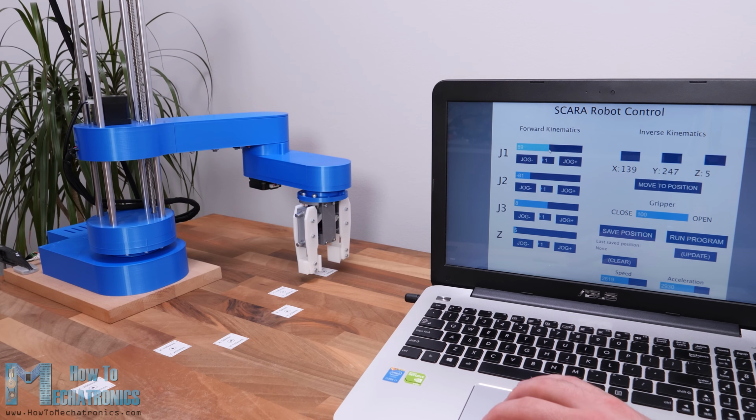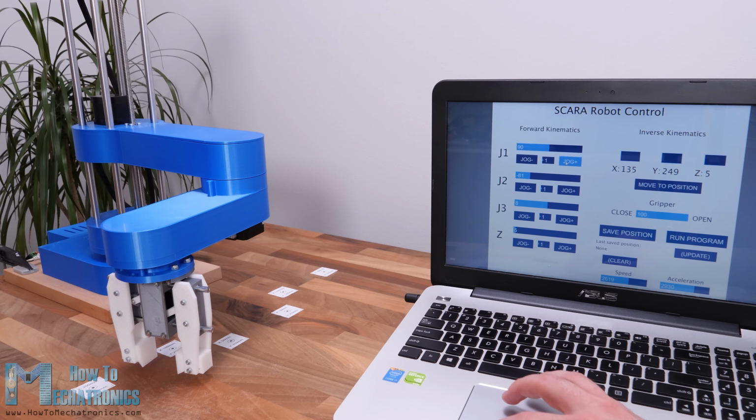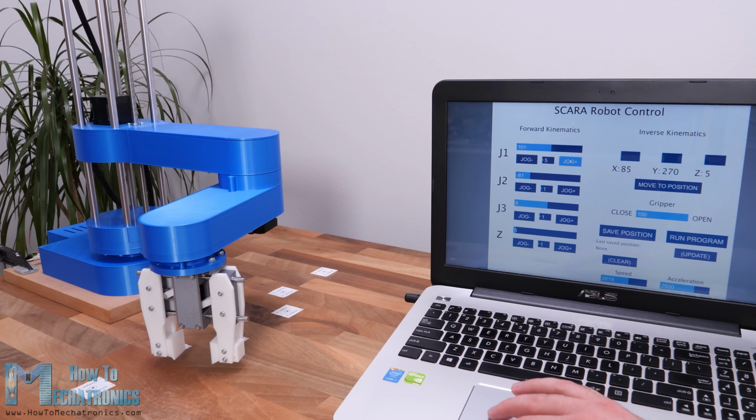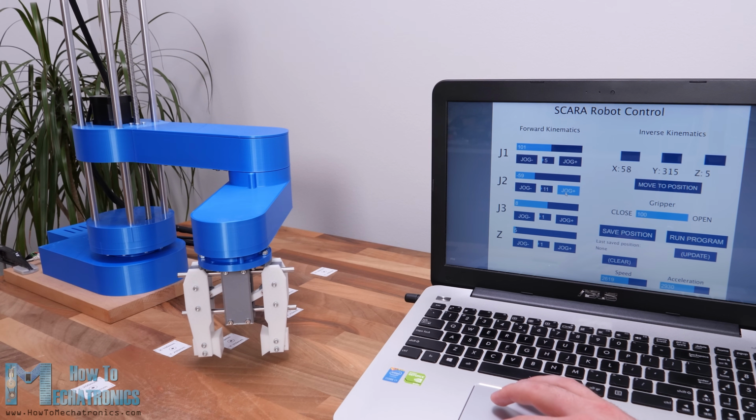Using the Processing development environment, I made a graphic user interface which features both forward and inverse kinematics control. With the forward kinematics, we can manually move each robot joint in order to get to the desired position. Using the sliders on the left side, we can set the angle of each joint. The final position of the end effector, the X, Y and Z values, are calculated and printed on the right